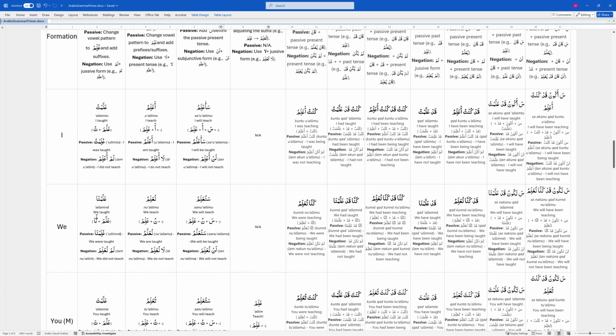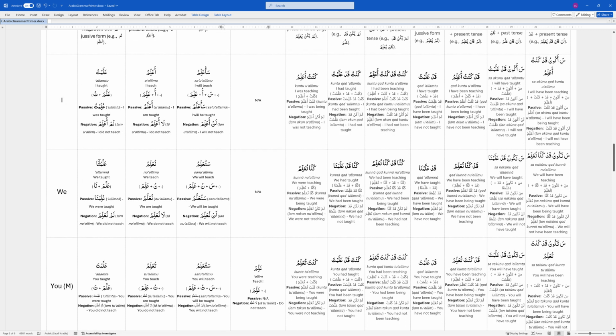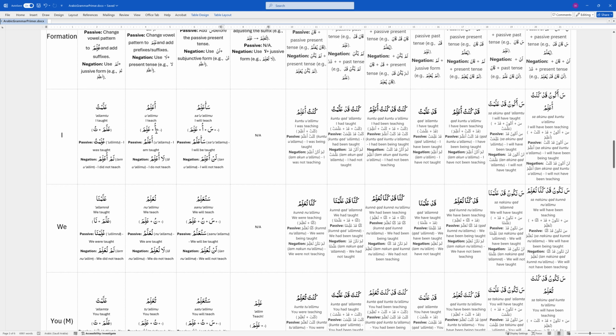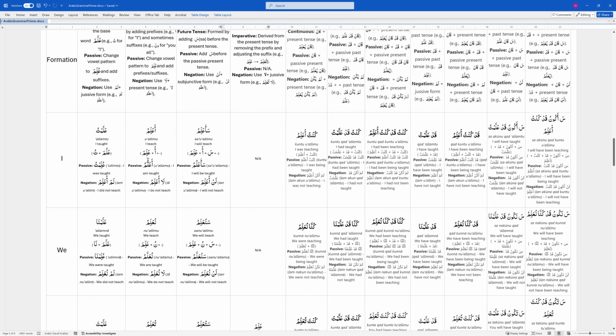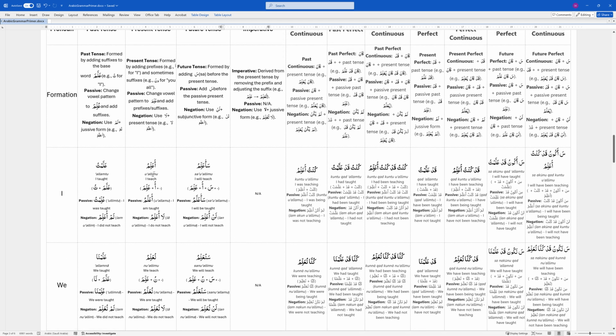And if, for example, you add na, it means we taught. So you have special suffixes. You see the pattern again, like we have the pattern of suffixes in the case of the object. In the case of the subject, like who is the doer of the action, we have certain suffixes and sometimes prefixes also. So if, for example, we change the prefix in the same root word, it will change the tense